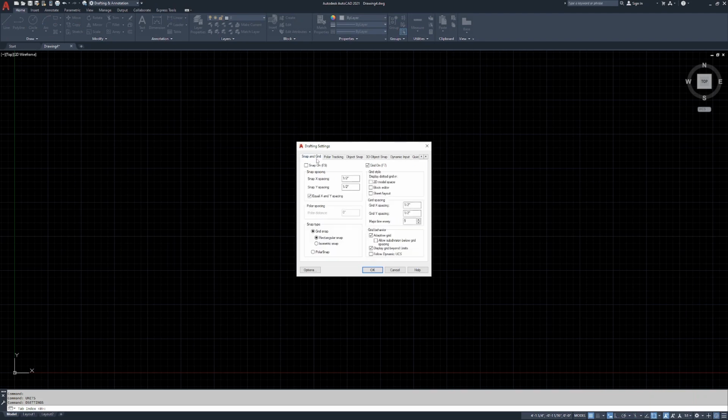So let's start at the first tab, snap and grid. This is where you turn your snaps on. This is where you can change your snap settings. So in the intro video, I mentioned that you can snap to the grid. This is where you would change that. If you turn snap on and you change this to 1/16,